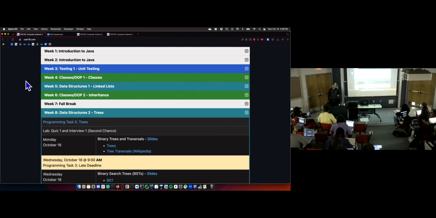Plus, I think it's easier to prepare. Hopefully, some of you can back me up on this. But I think it's easier to prepare when you have 3 things to focus on instead of 6, and you can kind of multiply those by 2 since there's quiz and interview. When there's 12 total, 6 interviews and 6 quizzes, it was just chaotic. Every week was a new quiz and interview and programming task. It was just so much. I'm still assessing the same thing. We just have fewer, larger quizzes and interviews.